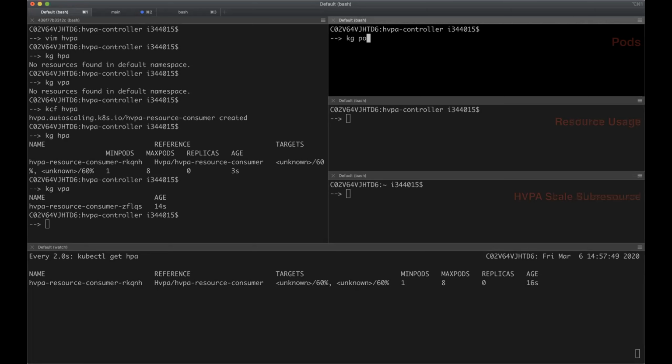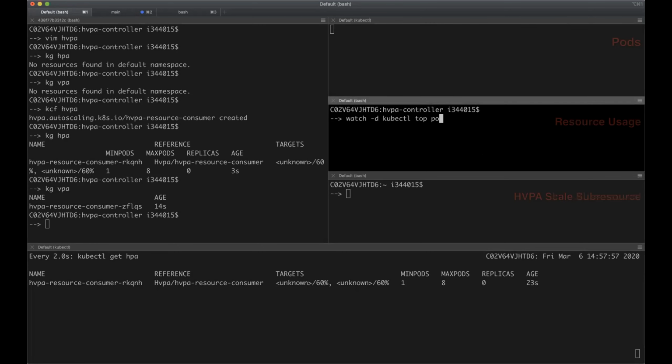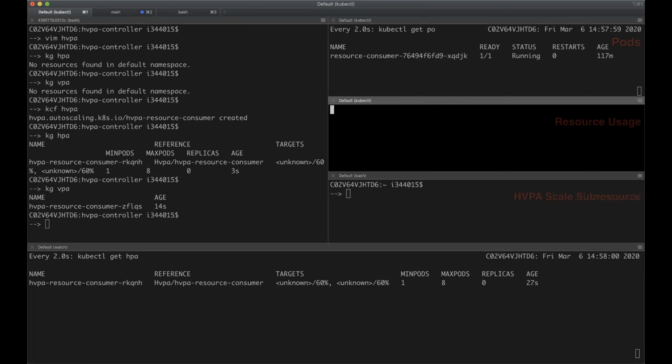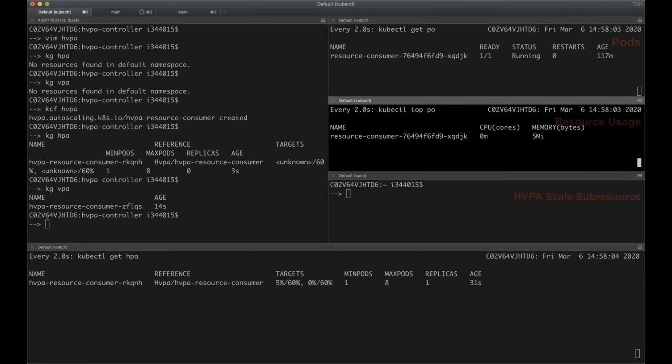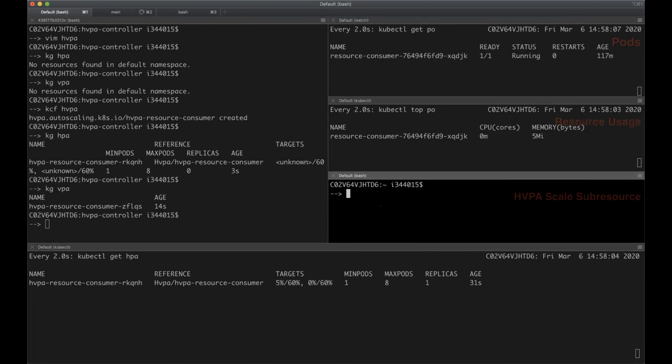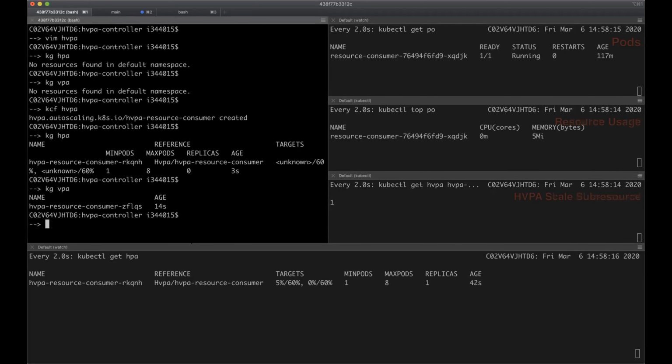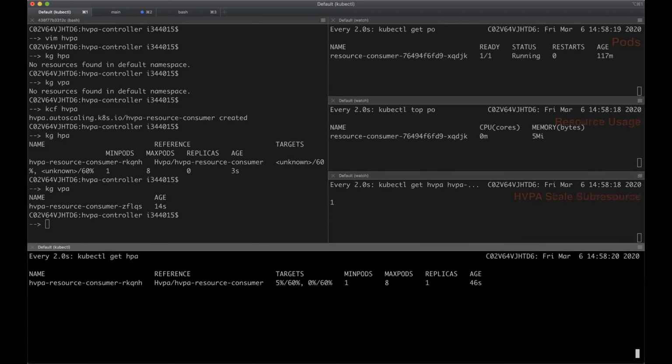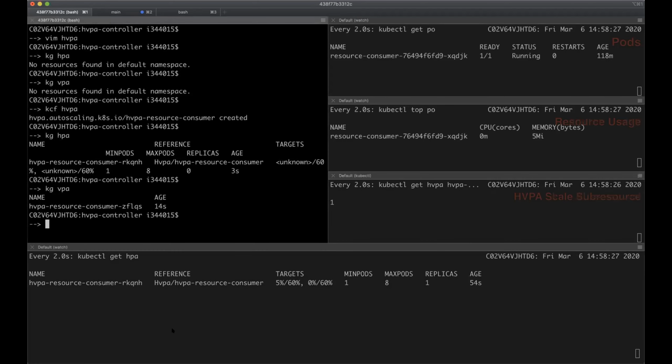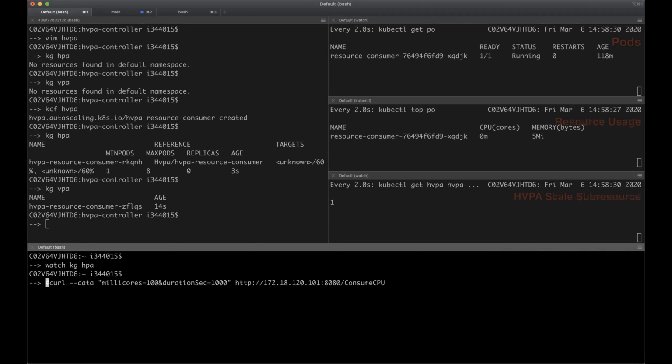So, and we'll see what pods are running in the system. We have one resource consumer deployment running, one pod running. So we'll monitor the state of these pods, and also the CPU and memory usage in this window for this pod. And here we'll just keep a watch on the scale sub-resource of HVPA. So now we see that the HPA is seeing 5% and 0% of memory and CPU, and the recommendation right now is 1. And what I'm going to do now is run this command